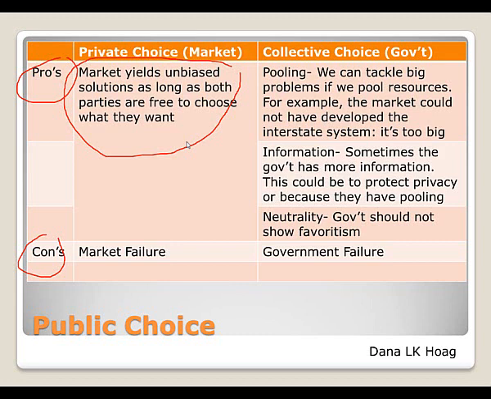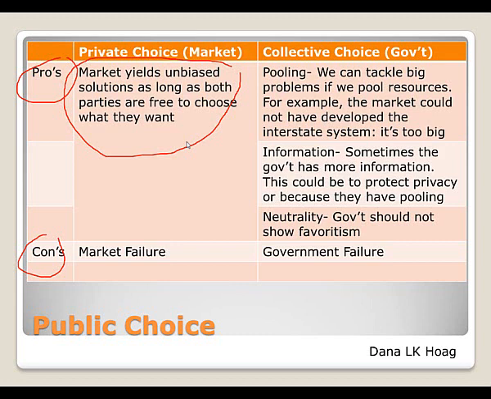Okay? When I say unbiased, that's what I mean. It has no reason to pick black over white, tall over short, or anything like that, except efficiency. Okay? It's blind to those other things. Now, of course, the con is the market really doesn't work that way very often, and those are market failures. We've already discussed market failures. So on the plus side, you let things work out the way they're meant to be, but on the minus side, sometimes that's not very fair.